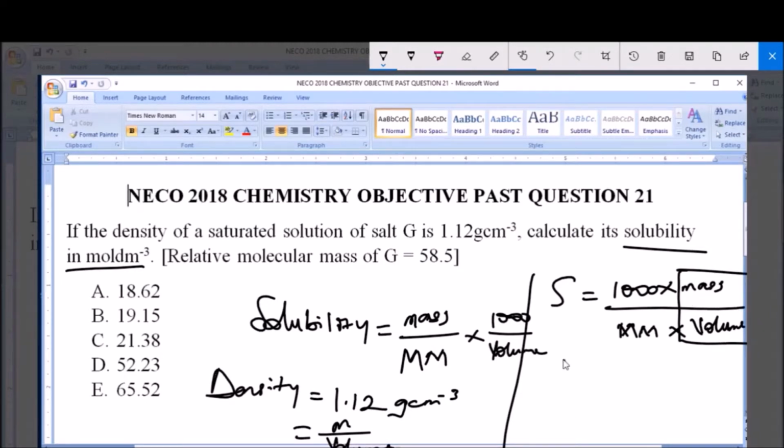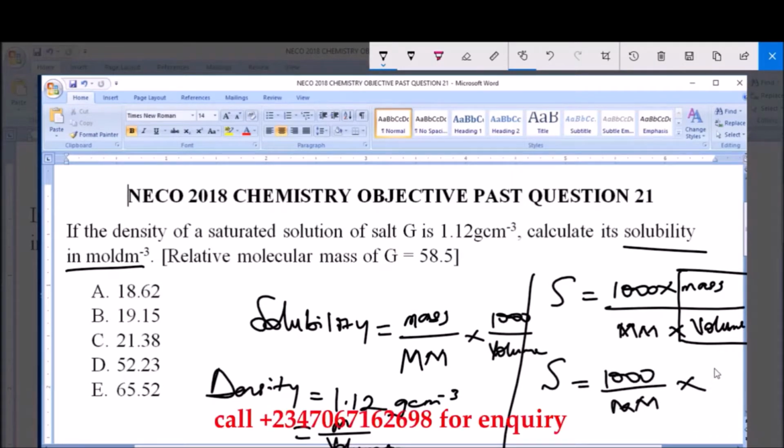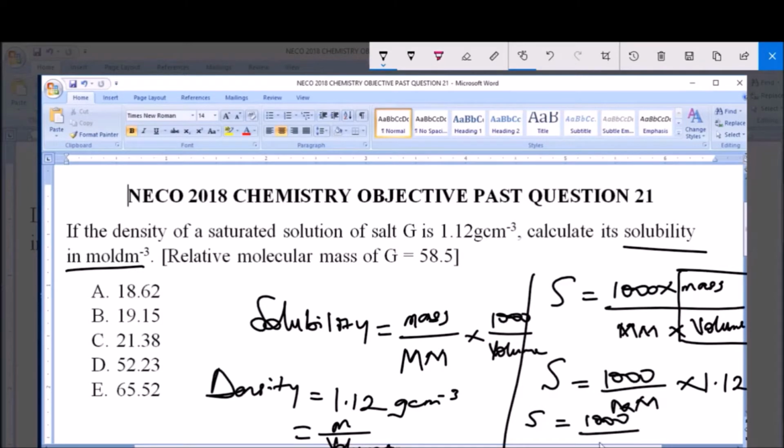So simply we'll say solubility S is equal to 1000 over the molar mass of this salt multiplied by its density, which is mass over volume, and that is 1.12. So S is equal to 1000 over the molar mass, which is 58.5, multiplied by 1.12, which is the mass over volume, given to us as our density. When we carry out this arithmetic, that's 1000 over 58.5 multiplied by 1.12, we're going to have